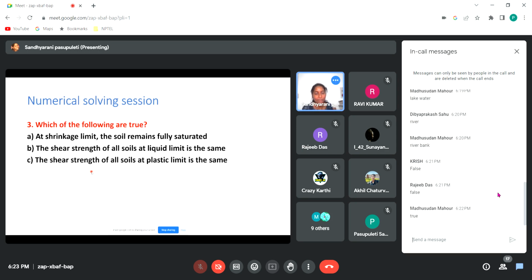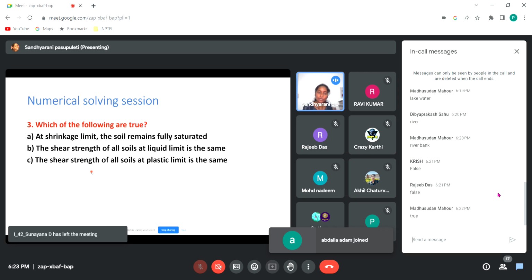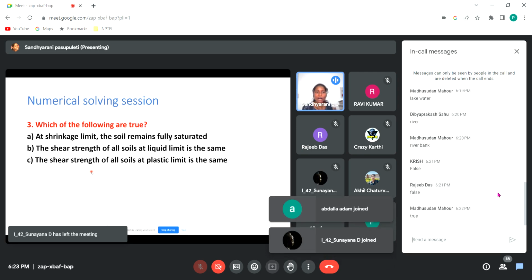If I keep on adding water to it, its entire volume will change based upon the amount of water added. If you start from the liquid limit, plastic limit, and the shrinkage limit, how are we determining them in the laboratory? While determining the liquid limit, we add some extra water to the soil. At that place, the soil has more water content and doesn't have any shear strength. It looks like a liquid, like water. Then we remove a particular amount of water, and the soil becomes a little bit dry. Then it comes from the liquid state to the plastic state. After that, we remove a particular amount of water again. Now the soil comes into a state that is called the shrinkage state.